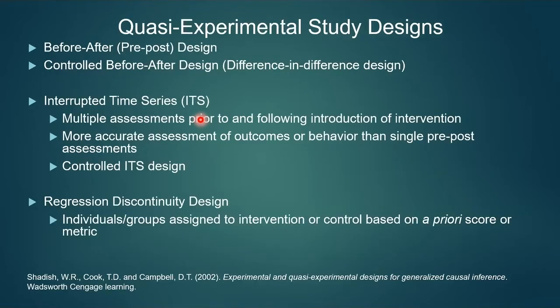Then we have the set of quasi-experimental study designs. So we talked about the before-after aspect of the step wedge design, because you could study a single facility, you could follow and record outcomes under standard of care for, say, the first 6 months. You can roll in an intervention and then follow and observe the outcomes in the next 6 months. That's exactly a before-after, a pre-post design. And that's called a quasi-experimental design.